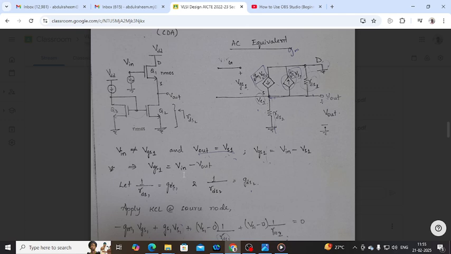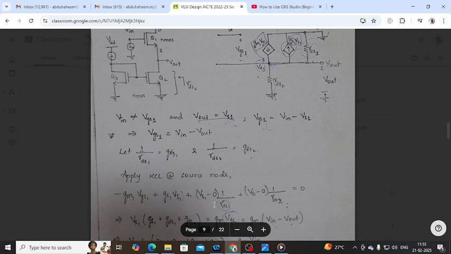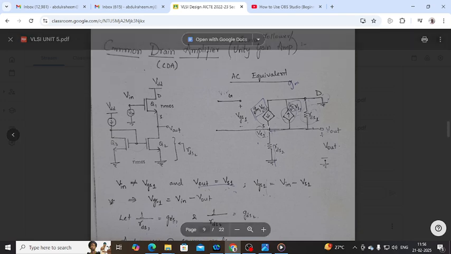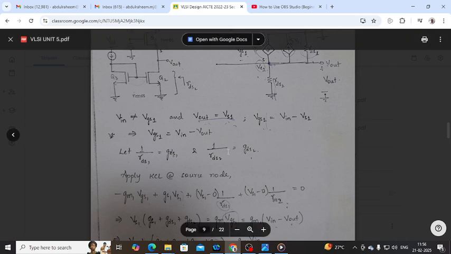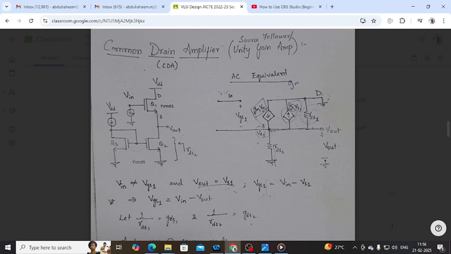So VGS1 is nothing but input voltage minus output voltage. VGS2 is nothing but input voltage minus the source voltage of transistor Q1. Let us take 1 by RDS1 as GDS1, and 1 by RDS2 as GDS2. Now apply the KVL across the source side. So just apply your KVL across this source side at this point. Now what happened? Minus GM into VGS1 plus GS1 into VS1 plus VS1